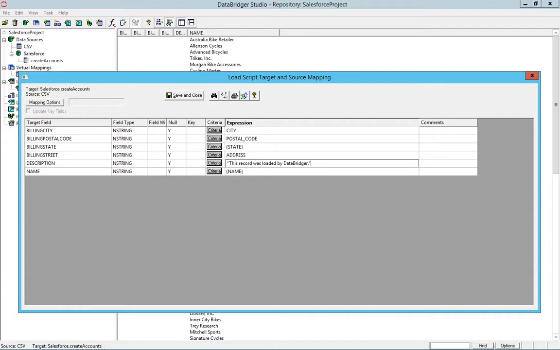After all, we selected these fields when we created the virtual table, so Salesforce expects a value for them. If you decide you don't want to use a target field, you can go back to the virtual table and deselect it. Before we save and close this load mapping, let's append a unique value to one of these fields